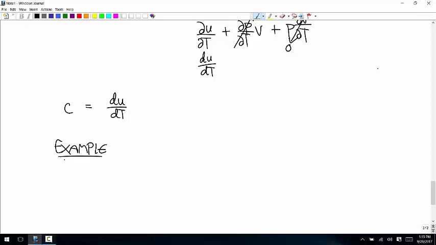Let's say that we want to find the change in total internal energy and the change in enthalpy for 2 kilograms of liquid water